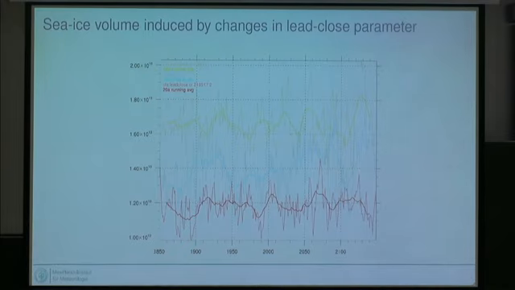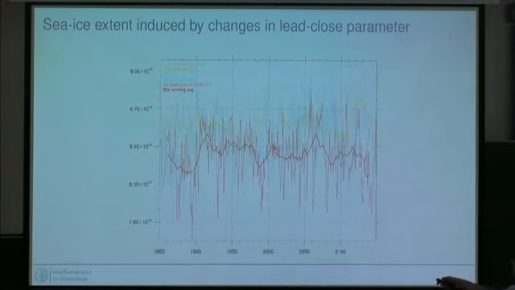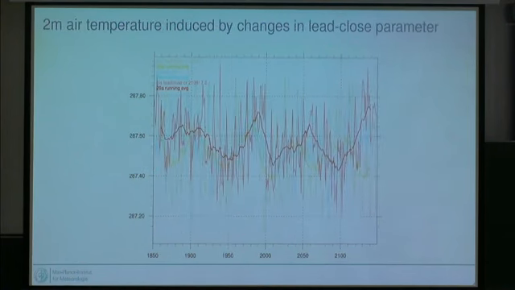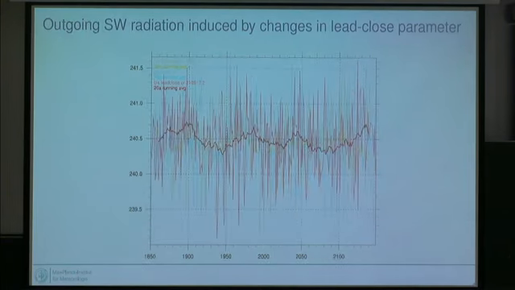which has a strong effect on the Arctic sea ice volume, but it doesn't have an effect on basically anything else. So what is shown here is, for example, sea ice extent. You can barely tell those lines apart in excess of the internal variability that we see here. We don't really see much in changes in the meridional overturning circulation. It always hovers around 16–17 in all three simulations. We don't see much of a change in global mean air temperature. It again hovers around whatever, 14–15 degrees centigrade.